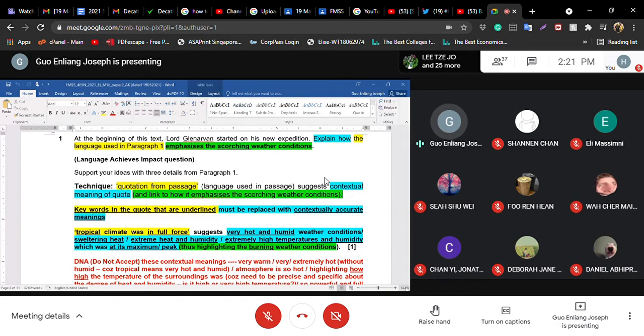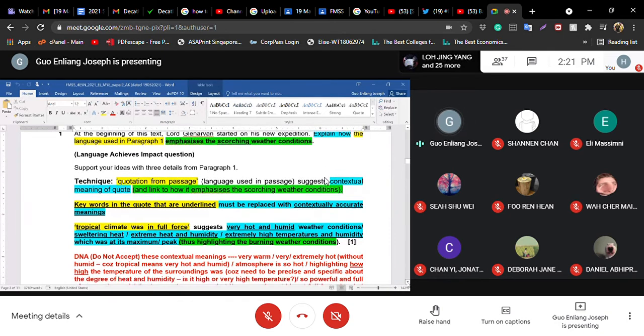Because I realized that many of you, your vocab may not be that wide. So therefore, you had a problem trying to substitute the word scorching. Look at the one that I'm highlighting now, the word scorching. You had a lot of problems. So some of you, in your great enthusiasm to substitute this word scorching, you came up with words that don't mean scorching, and you ended up being penalized. Or you ended up copying the word scorching weather condition as your link, and you might be penalized. Because I don't want you to copy the words of the question, because that's what you're not supposed to do.